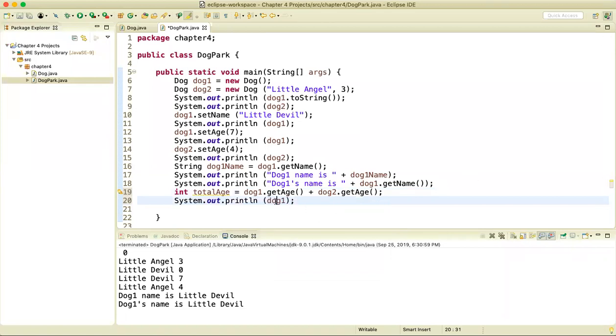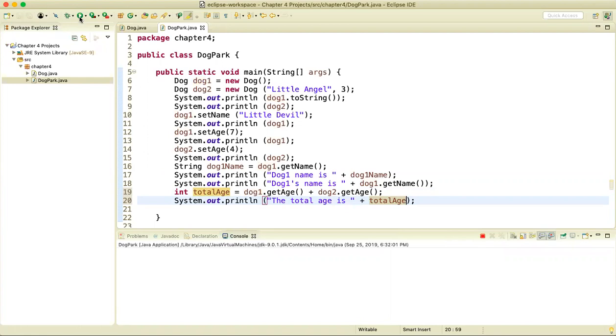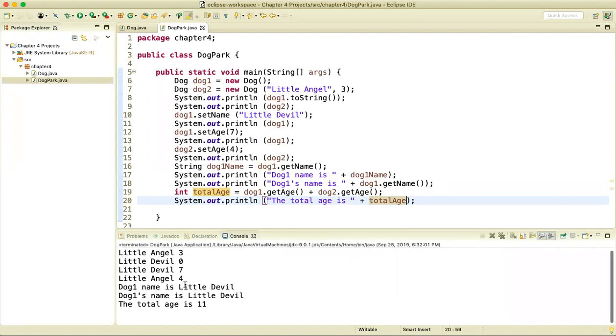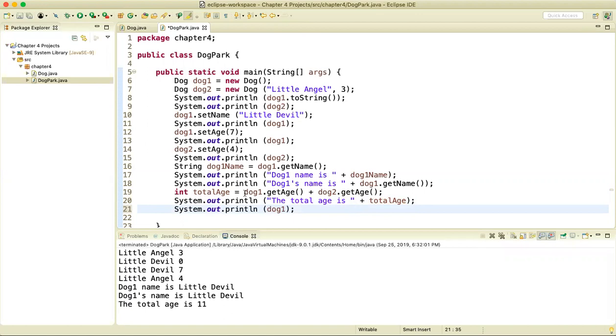You can say the total age is plus total age. Okay, so let's run. And total age is 11, 7 plus 4. And of course, you can do it here also. Simply do this, okay? Put it here. Instead of doing it and assigning it to a variable, you can do it here also. The total age is,